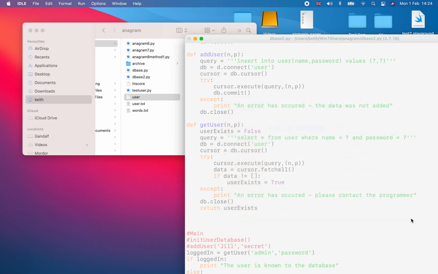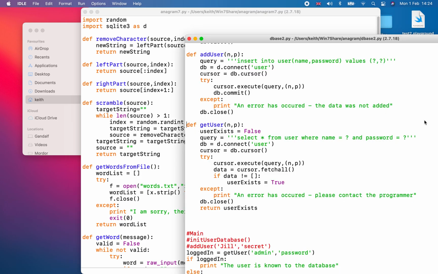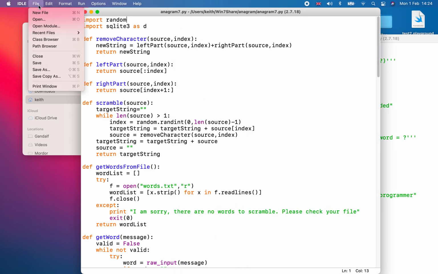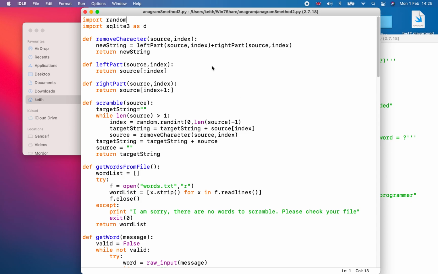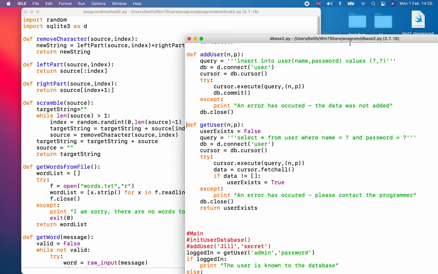So anagram7 was the version before we decided to deal with the user requirements. So let's first of all copy our files. First of all, let's call this anagram 8 and version 2. I'll save as anagram 8, sorry, method 2, not version 2. So this is a SQL version. And let's start placing the